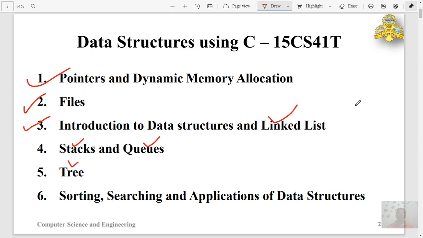In this subject, we will use the programming language C, and the prerequisite for this subject is basic programming knowledge of C language that you already have. We have studied programming using C language in the previous semester, so all the basic requirements for the subject are already fulfilled.